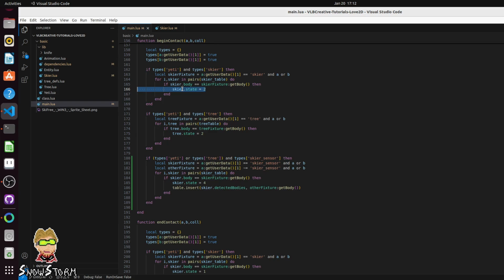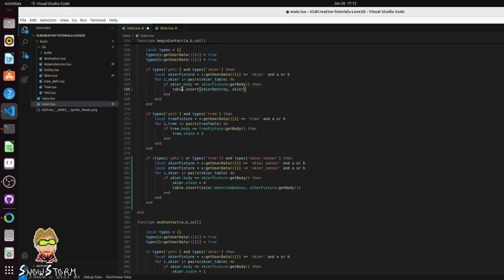So instead of changing the skier to state 2, what we could do is track the skier in a separate table. And all of the skiers that are in that separate table have the possibility of being eaten if we press the return key. That's a different way than just changing the state inside of our callback function. So what we're going to do is actually do that. I'm going to do table.insert, and we're going to call it skier destroy. This is going to be a table where we keep track of whether or not a skier can be destroyed,